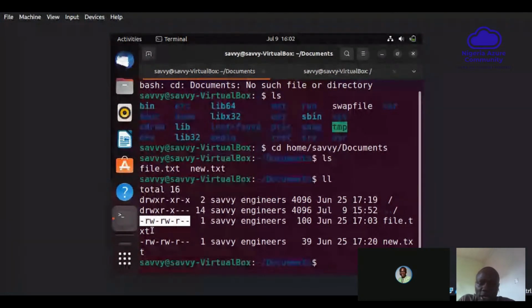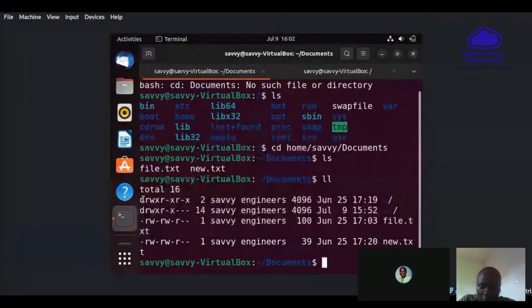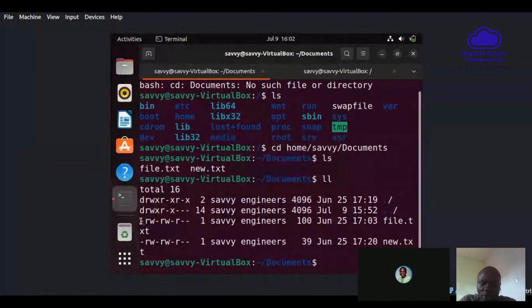Now, the first letter here, if you see d here, it is for directory. So this one is talking about the current directory, while this other one is talking about the previous directory. Now, if you see a dash here, it tells you that this is a regular file. Now, going back to the question, I want to allow read access to a directory and its content